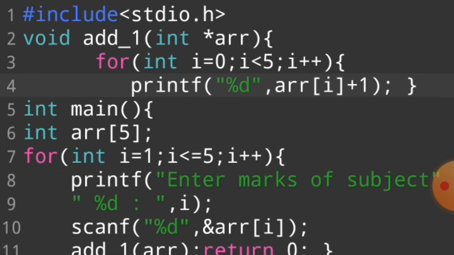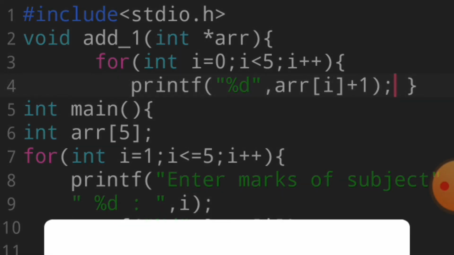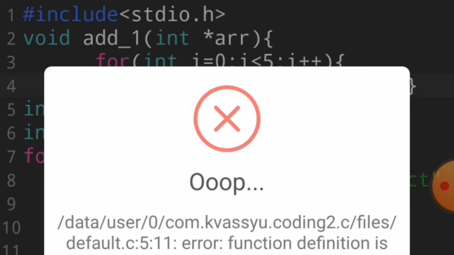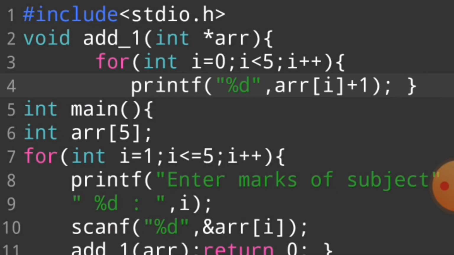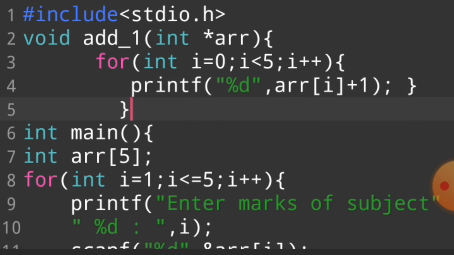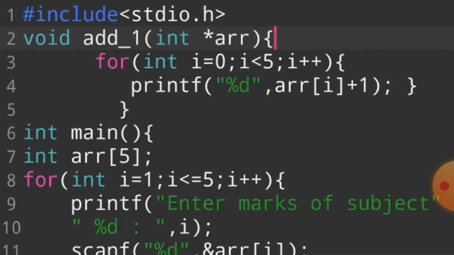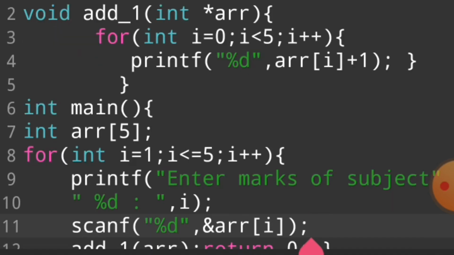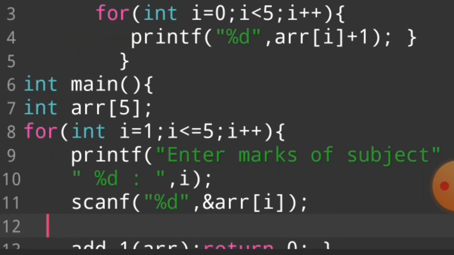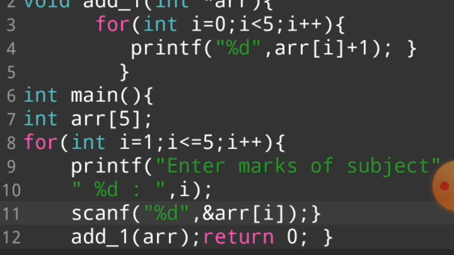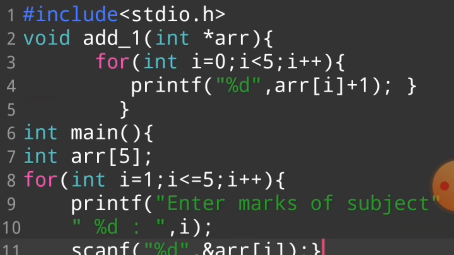So see this program carefully guys. This is not so difficult a case. If I run this program, first of all, this program is giving me an error. Why is this program giving me an error? Because in this area I can't close this function's curly bracket. So if I run this program it is also giving me an error, because I can't close the for loop.